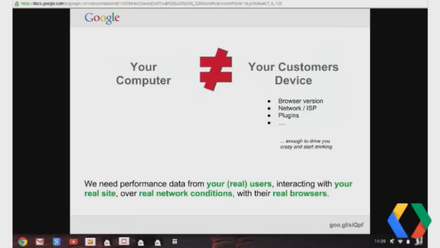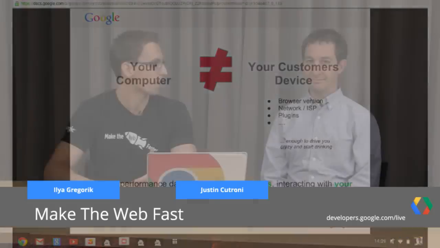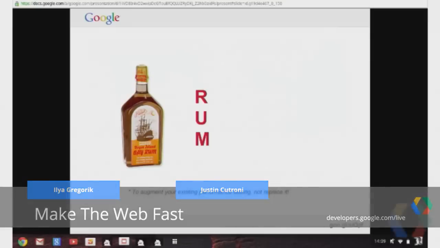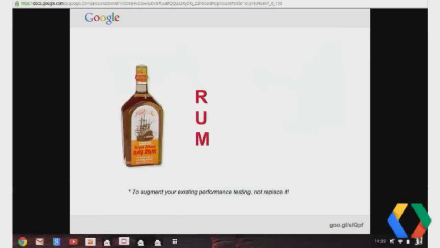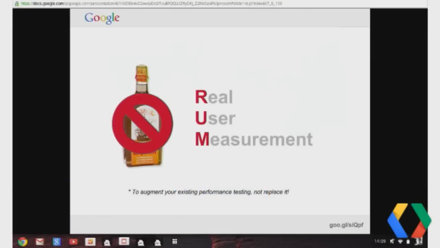So the one thing that I've learned, and I think the web optimization community at large is working on today, is making sure that we measure real performance from real users when they interact with your real site on real network conditions. Right? That's a lot of reals in there. Keeping it real. Because of that, we invented RUM, except not this kind of rum, and we didn't really invent it because all it stands for is real user measurement, right?